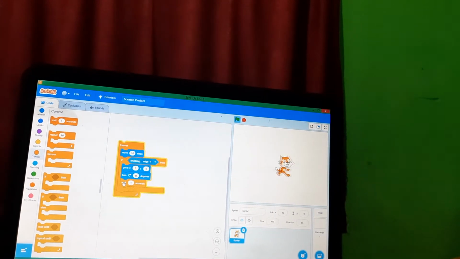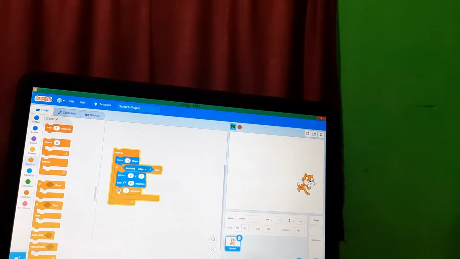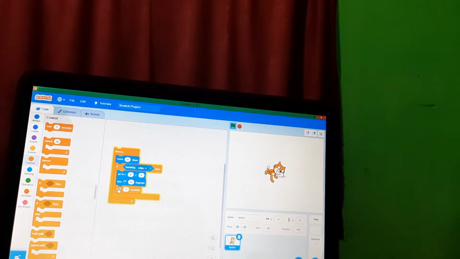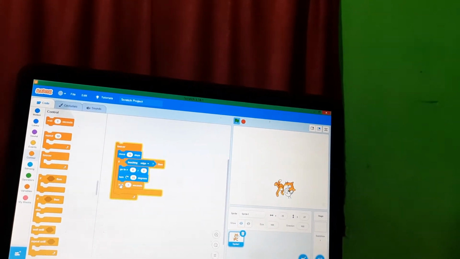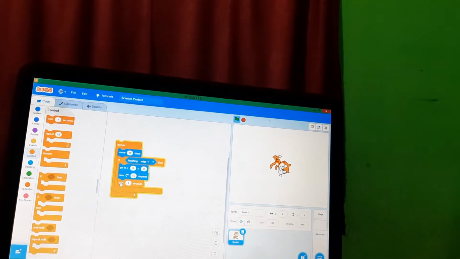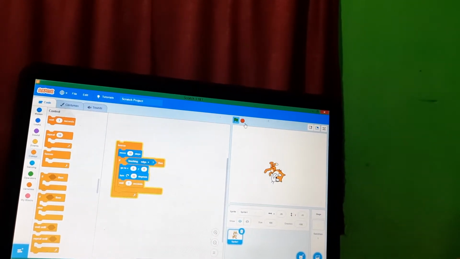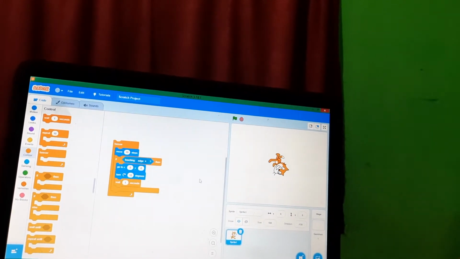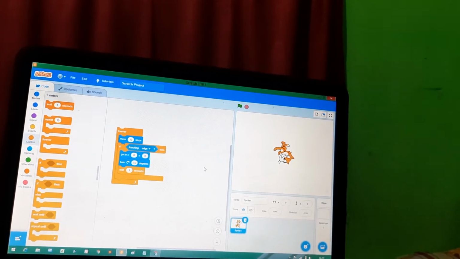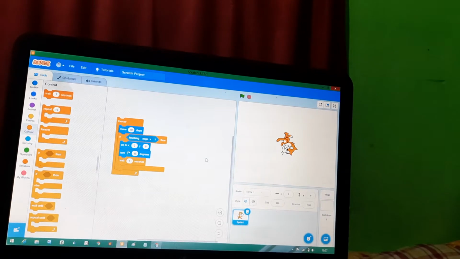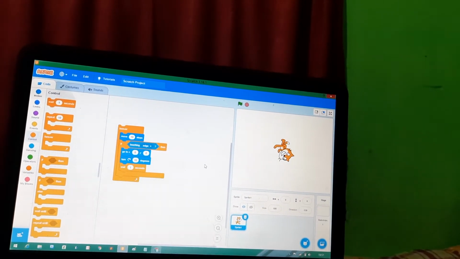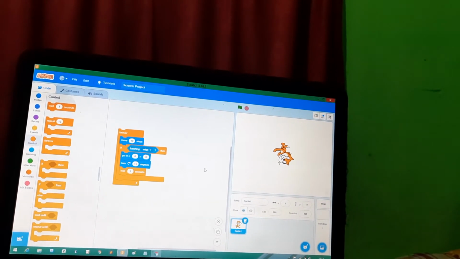Now see, again it is coming back to 0 0, turning again, waiting again. This is how it goes on forever until you click the stop button. This is how the sensing block will help you make your sprite sense something, whatever input I want.